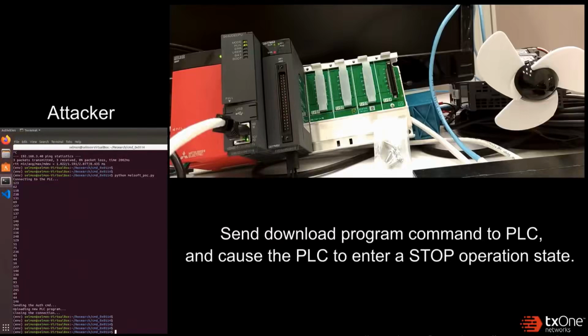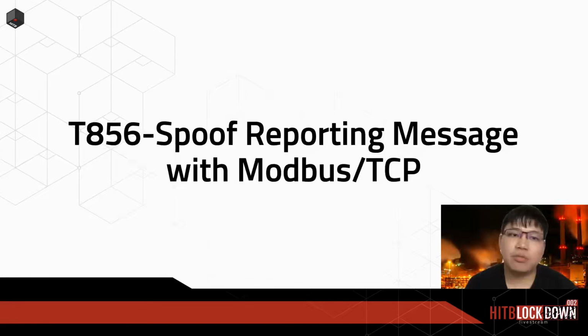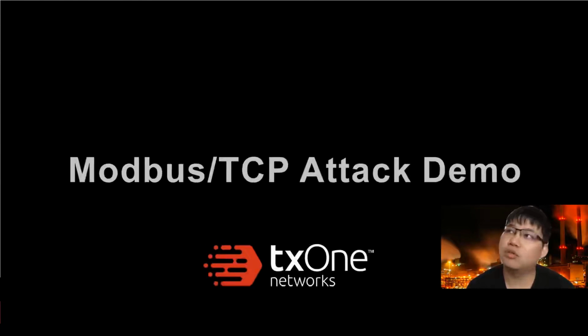A more advanced scenario would download a real program that can modify the control logic process. This means we download the program to the PLC, and this program can really execute in the PLC for the field devices. Maybe it changes the speed, or turns a device on or off, and so on. That is our second demo. Then we'll talk about the other demo, spoofing a reporting message with Modbus TCP. This demo is based on a water environment. Let me show this demo.